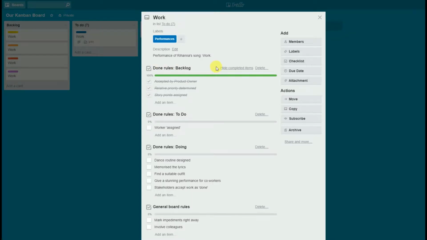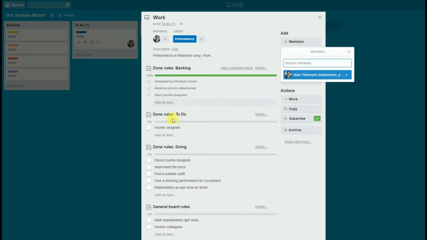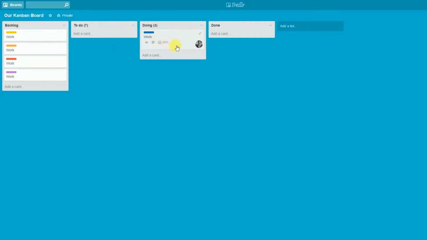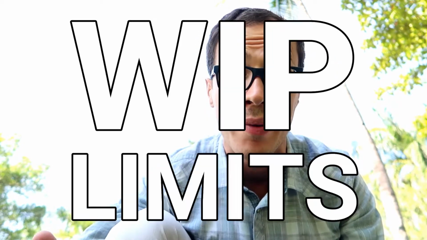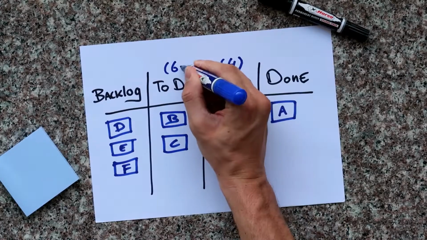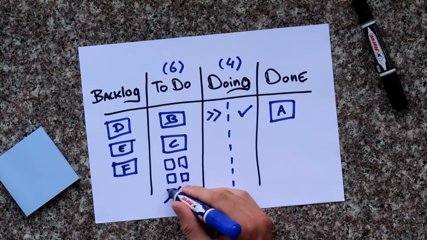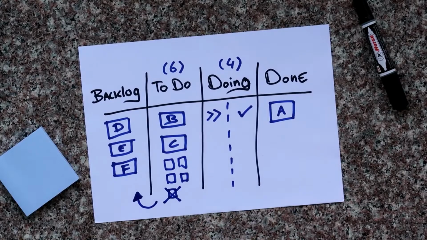For each column, the conditions for a Kanban card to enter the column should be clear, as well as the conditions for it to leave the column. And the second, work in progress limits, or WIP limits in short. It's often a good idea to limit the amount of cards in your doing columns according to the amount of people in your team. Just make sure that everybody in your team understands why you do this and that they'll